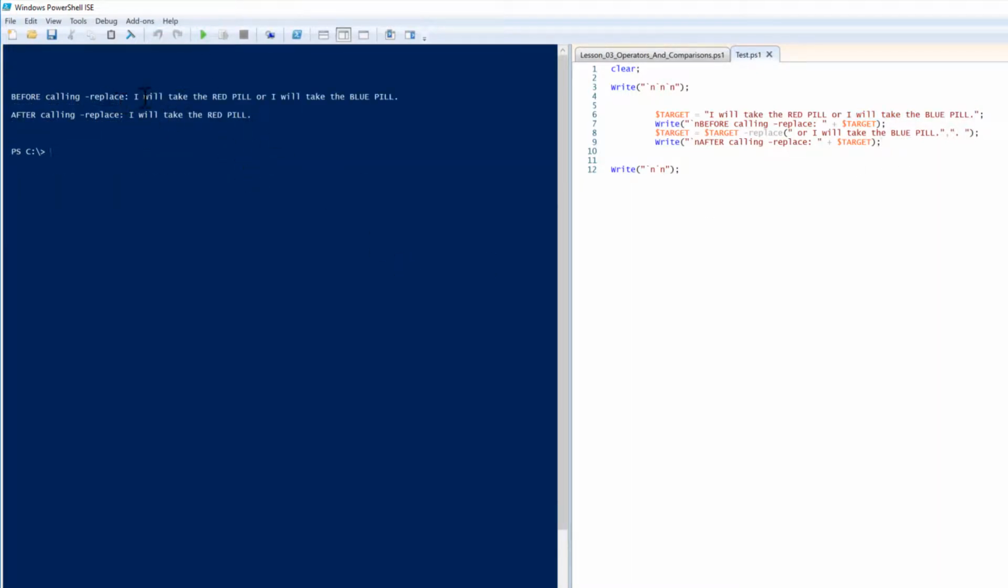Before we call it, I will take the red pill, or I will take the blue pill. After we call it, it just says, I will take the red pill. You follow that? The way replace works, okay? You call the keyword replace with the dash. You're going to have an open and closing parenthesis. Inside that, in double quotes, the first part of it,